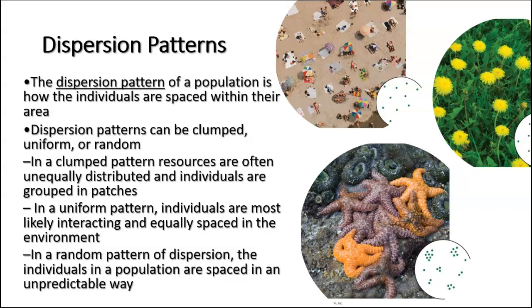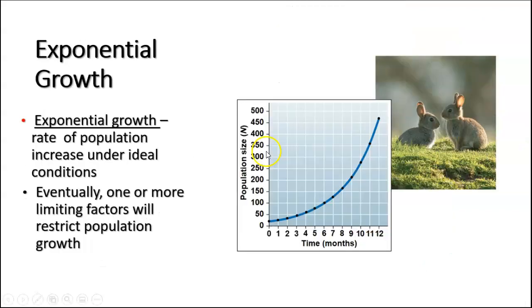And so people have a tendency to generally space themselves out in a relatively uniform pattern. And then we have random patterns of dispersion like you see with wildflowers. So sometimes they're spaced in some kind of unpredictable way. In the case of wildflowers, like the ones shown here, it's usually because the seeds have been blown by the wind or dispersed in a different way that's just random. There's no real pattern to it. So we will talk about dispersion patterns also.